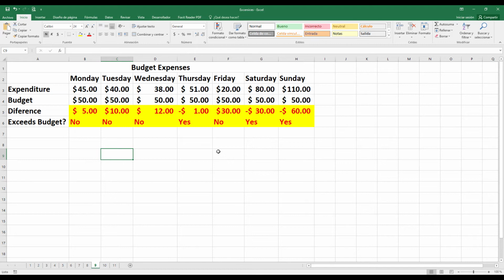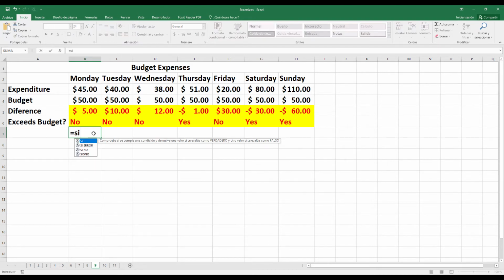The first way, the easiest, is you can compare expenditure with budget. For example here, if the budget is greater than expenditure,